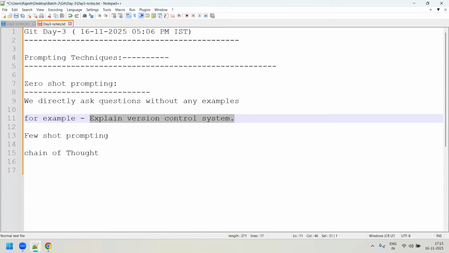You need some kind of a crisp answer, with very few sentences and effective statements. You need it actually. So in that case, what happens? When you want only specific information, not elaborate information, then you need to change your prompting techniques. That means you cannot directly ask such questions like that.